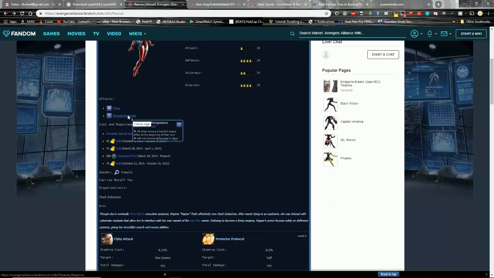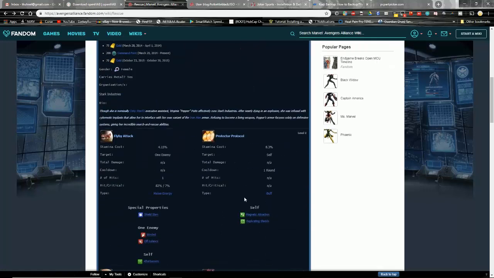Yes, like, duh. She had Panacea response. All allies remove a harmful status effect at the beginning of their turn, but it will not remove the exhausted or stun. Virginia, she had an explosion. She almost died. She was infused with cybernetic implants that allow her to interface her own variant of the Iron Man armor. Refusing to become a living weapon, she instead focused on defensive systems, giving her incredible search and rescue